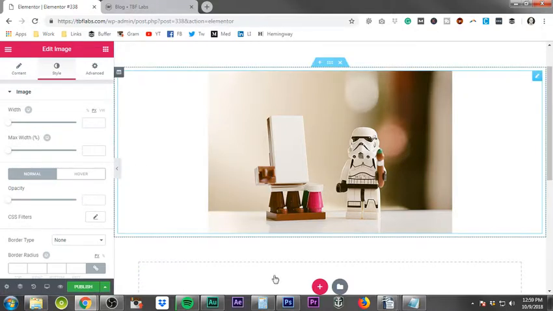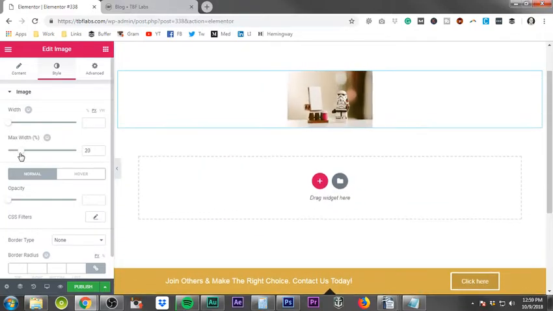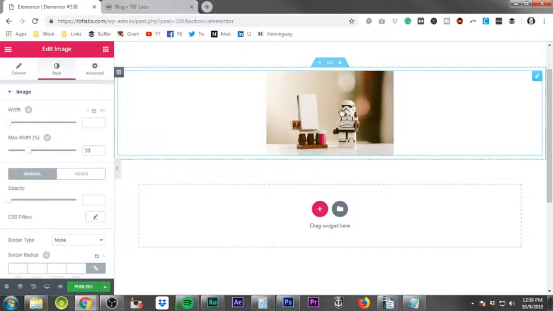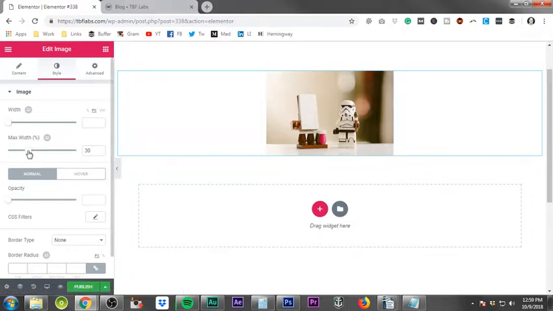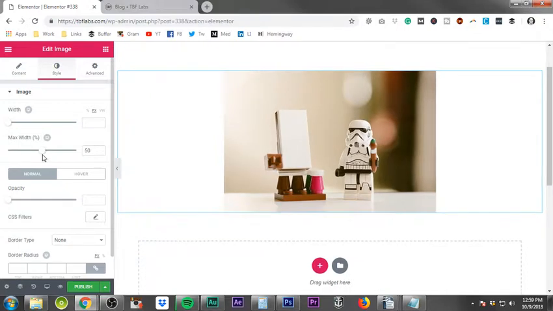Specifically if you're working like this image is only 600 pixels wide. So, you may not have a need for it to be the full size. So you may want to do 30% of the width, which will take it a little bit smaller than the actual image size itself, but you'll be able to keep the resolution and stuff like that. So basically, if you do 50% width